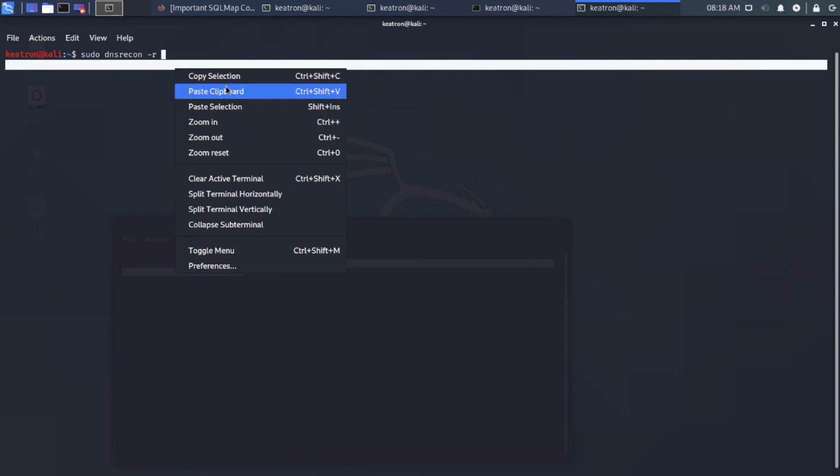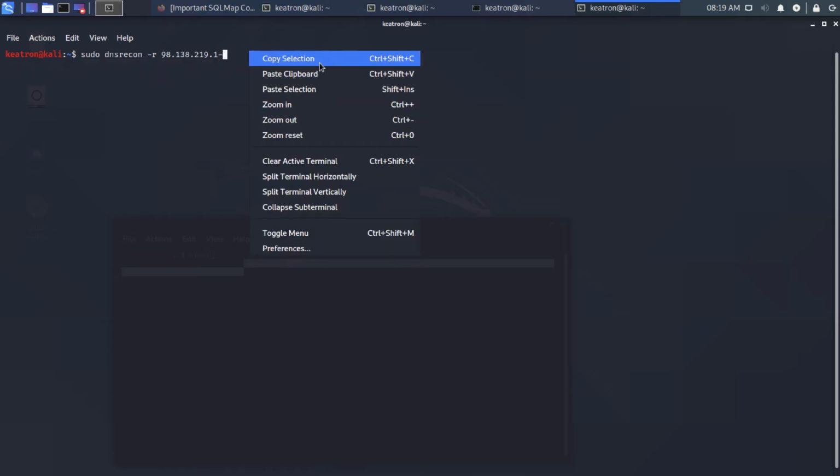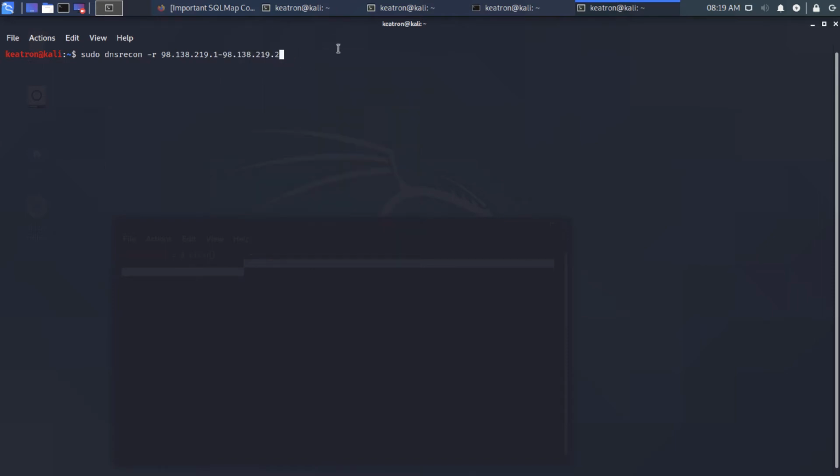And I'm going to paste what we had there. And I'm just going to go from 1 to 254 instead of the one that was actually there. Another good usage for it is you get an idea of if some of these IPs in this range may not even belong to Yahoo. But anyway, when we run it,